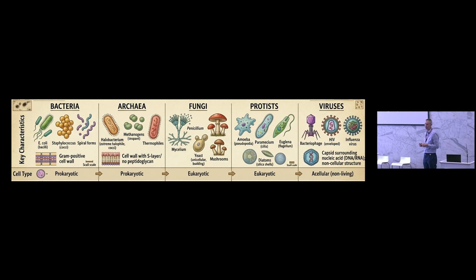And everyone's heard of viruses. We know all about coronavirus, HIV, viruses that cause problems to people. But actually, the most abundant organism on Earth by far would be something called a bacteriophage. So this is a virus that infects bacteria. There are many, many more bacteria than people, and they have viruses too.